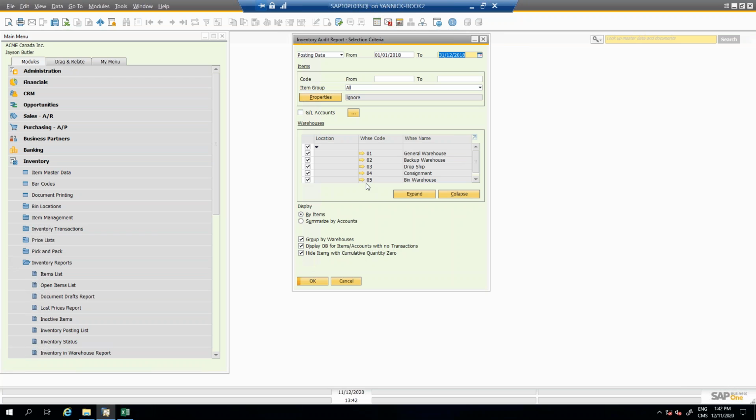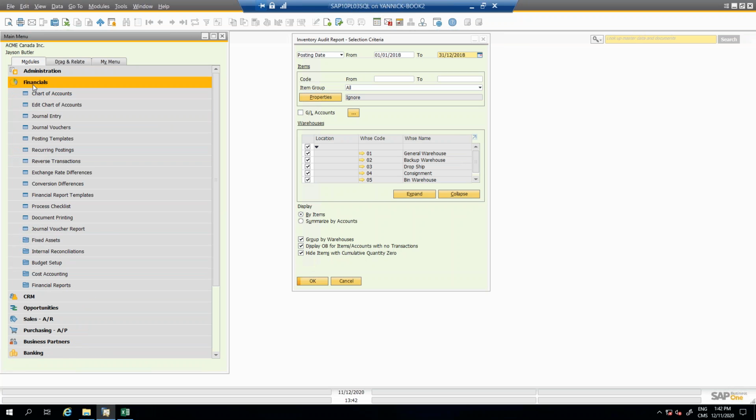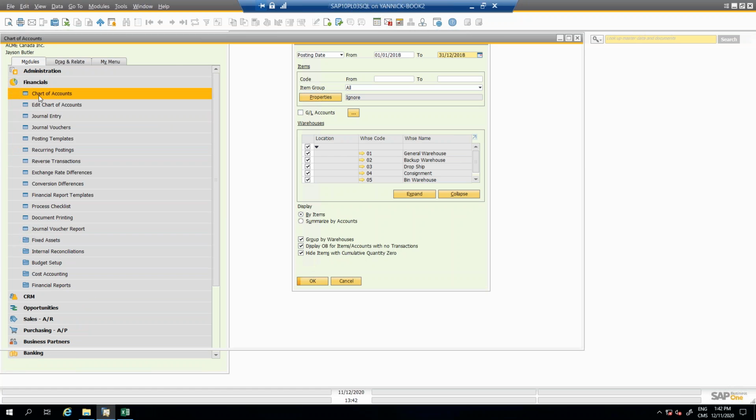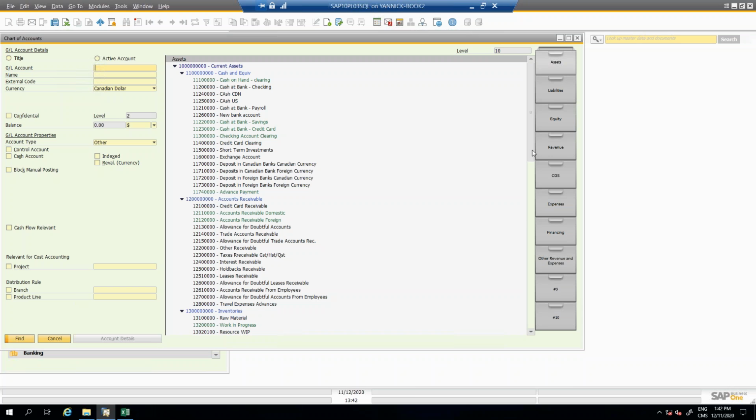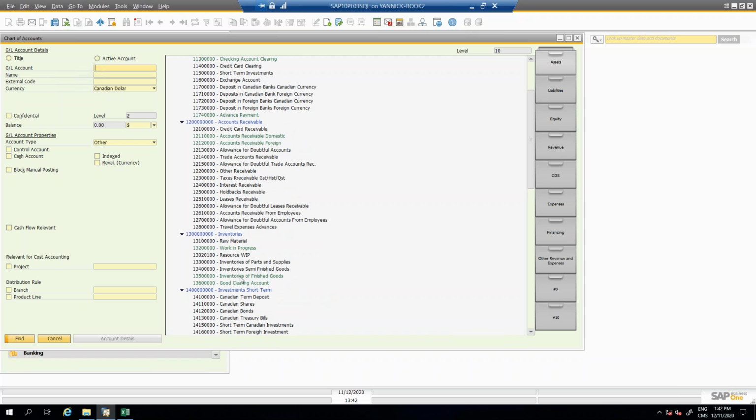Normally we don't post journal entries into a GL account, so we recommend this when we create the chart of accounts. Here, let's say this one, my 135 inventory finished goods, I block manual posting. I don't want that number to be affected by journal entries, because a journal entry is not an inventory transaction,